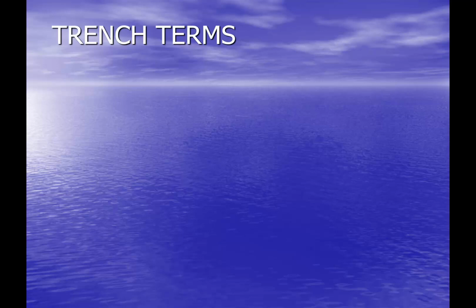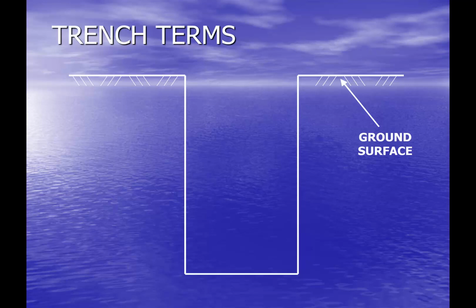So as we move into the world of pipeline installation, let's familiarize ourselves with some of the terms associated with pipeline and trenching. So we see a trench, we know the ground surface up at the top. We'll show our pipeline in our trench. To begin with, the bottom of the pipe is referred to as the invert. Actually, it's the inside bottom. It's the flow line of the pipe. But many plans will identify the pipeline invert. We will use that term when we get into the math to identify the elevation, at least, of the bottom